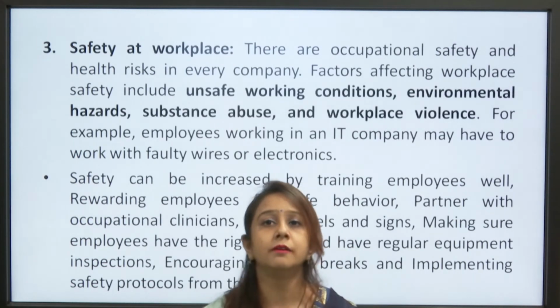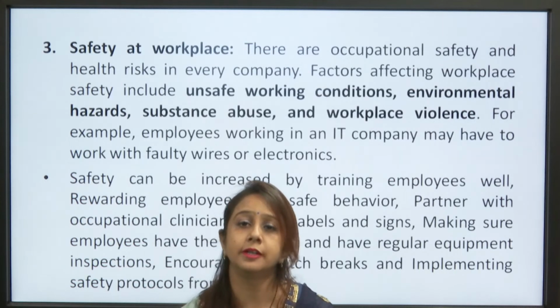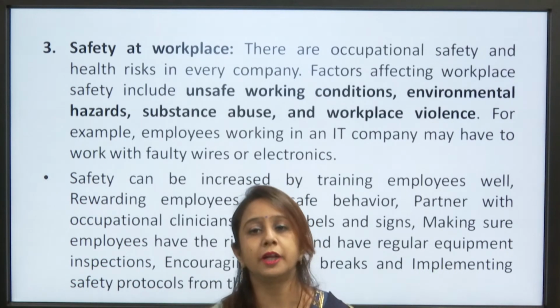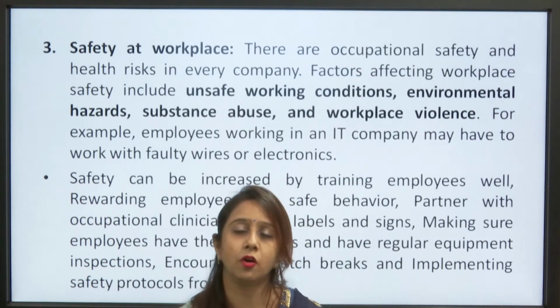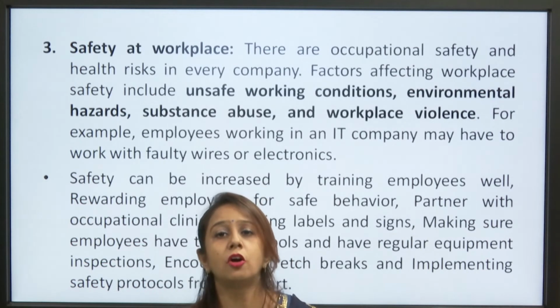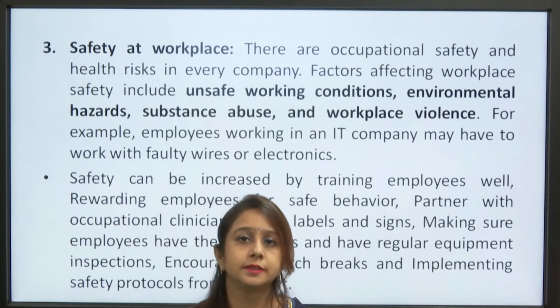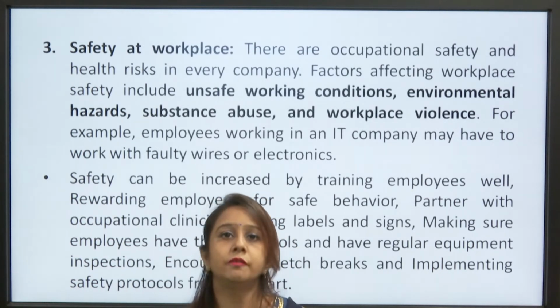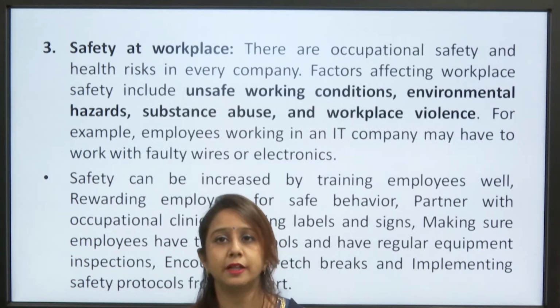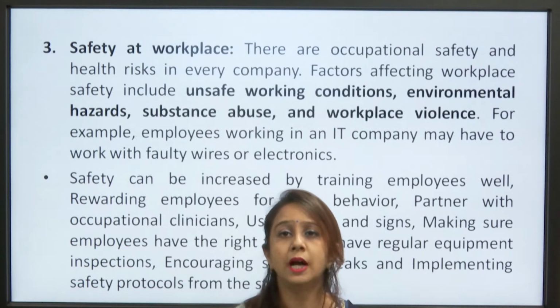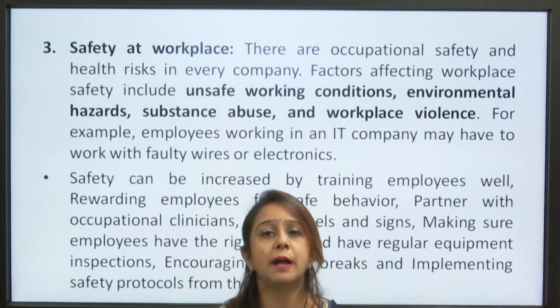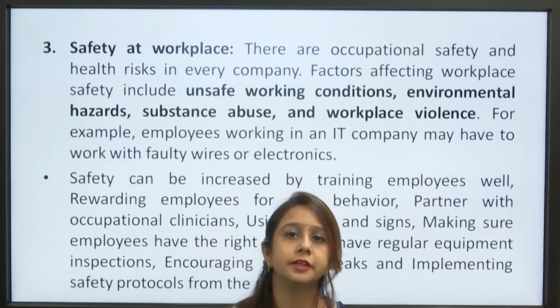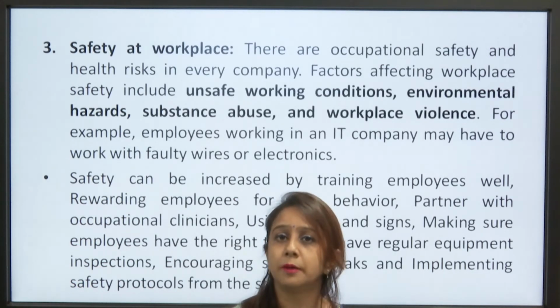Then safety at workplace, a third most important concern that the HR has to take in relation to labor relations in the organization. So these are the occupational safety and health risks that every company has, and the different factors of these risks have to be reduced by the organization. So factors affecting workplace safety include unsafe working conditions, environmental hazards if they are there in the organization, substance abuse,